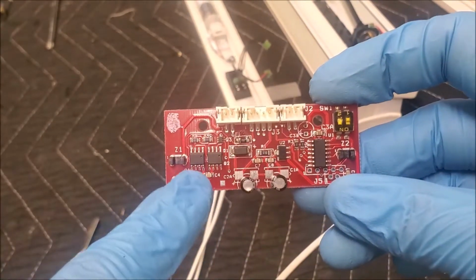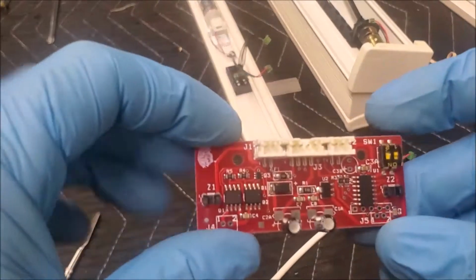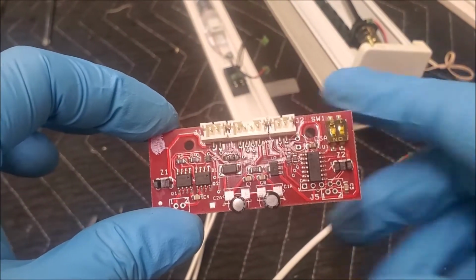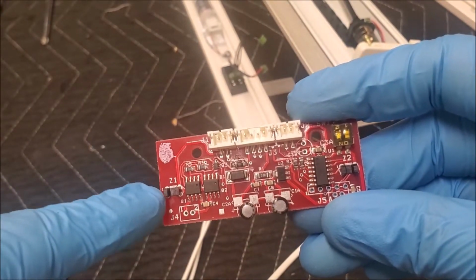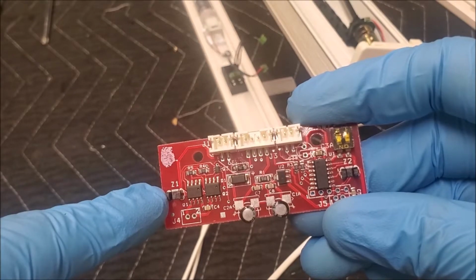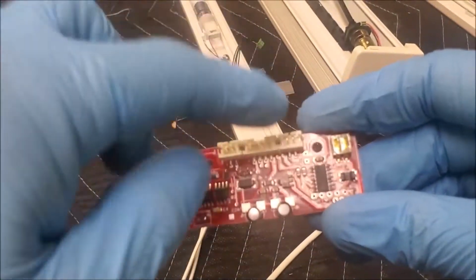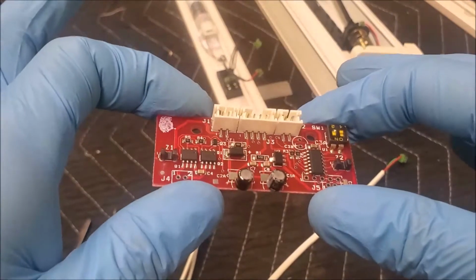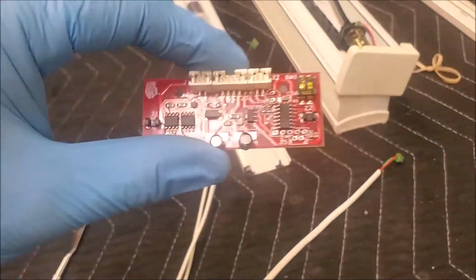If you're testing this outside of all of the rest of it back there, you are not going to get good readings, because this little doodad right there, Z2 and his counterpart Z1, they are critical to the function of this unit. So if you take it out and you got your motor hooked up here, and you got your switch hooked up and your battery hooked up, and you turn it on, it will only work for a couple seconds. It has to be fully assembled, because if we look over here,